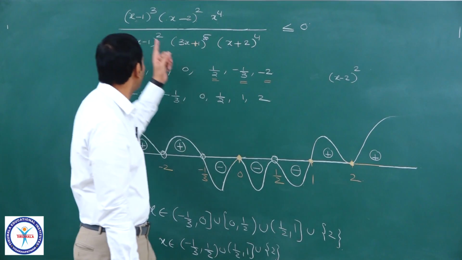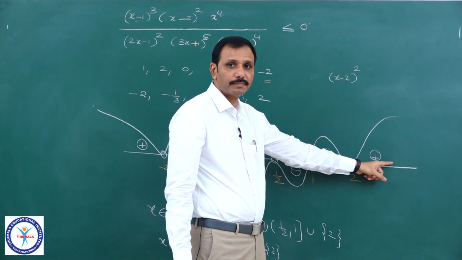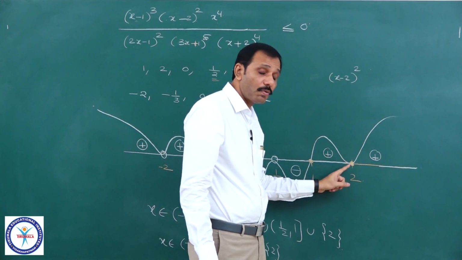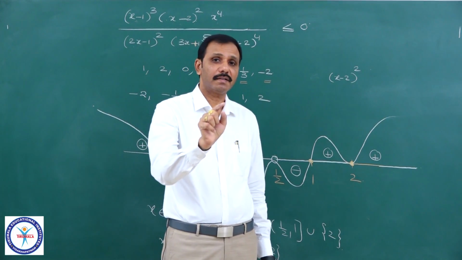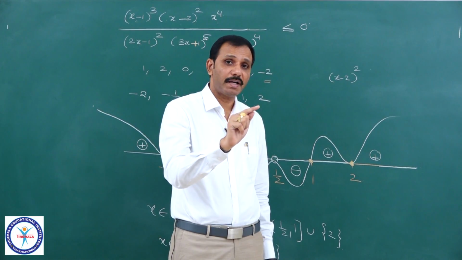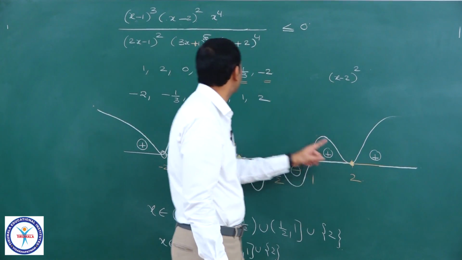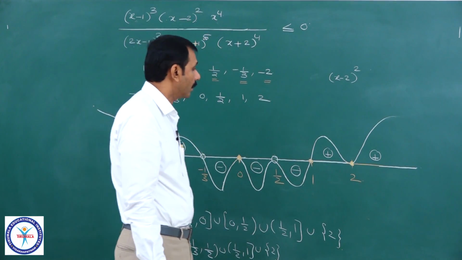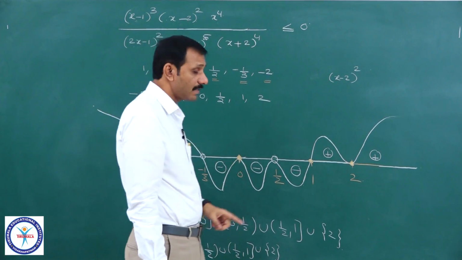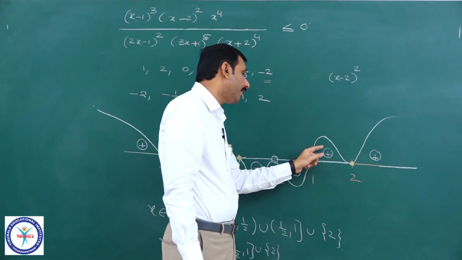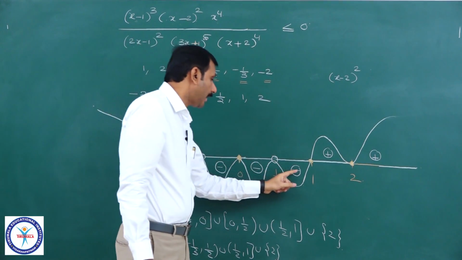Extreme right, because all our factors are of the form x minus alpha, x minus beta and so on, extreme right is positive. Next, x equal to 2, that is x minus 2. Observe the power of x minus 2. If it is even, the sign on the left side and right side of that point will be the same. Here it is plus, so here it is plus also, because the power of x minus 2 is even. Plus, plus. Next, x equal to 1, that is x minus 1, power odd, that is a simple point. Therefore, plus to minus. And for 1 by 2, I check, power even, sign minus means minus only.